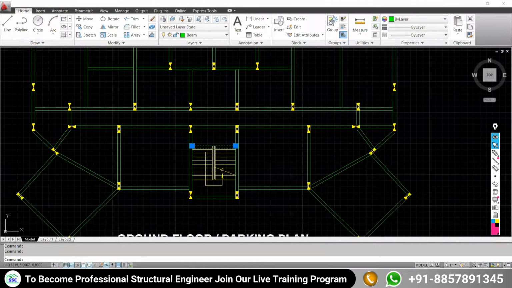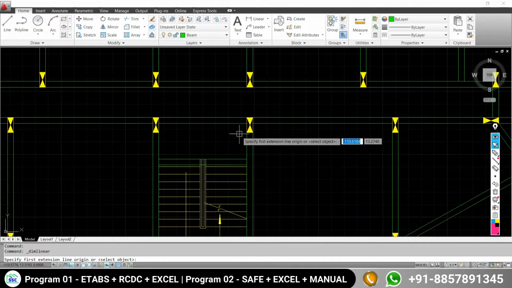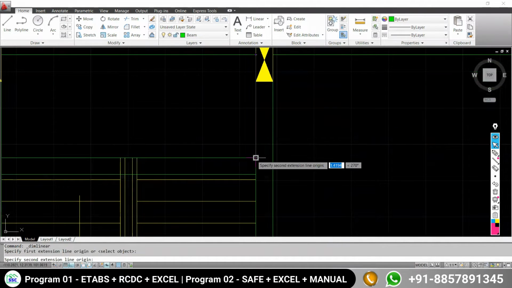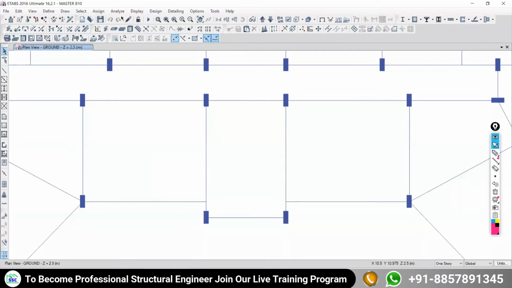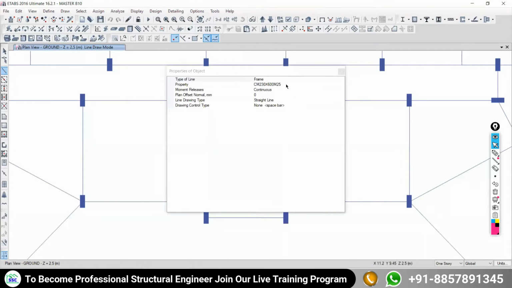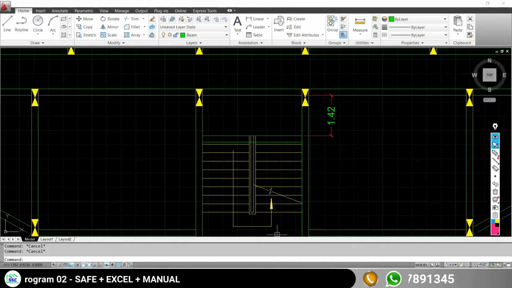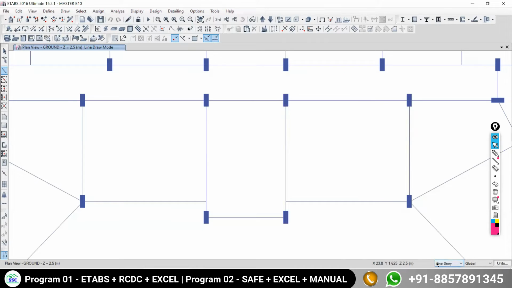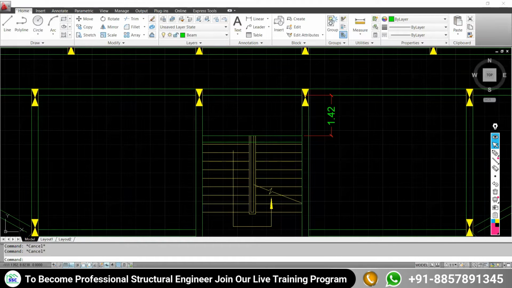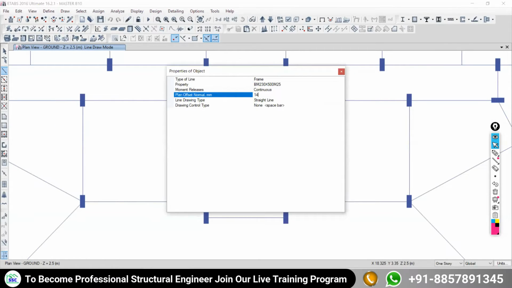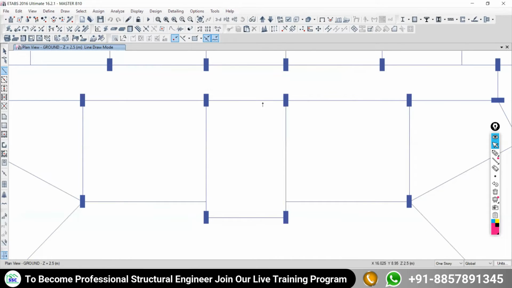So how much span do we need to check here, from this point to here? This is available at 1.42 meter. So go back to your ETABS and take the frame, and the beam will be 230 by 500. Close it. Make sure that you are working with the one story option. Don't make the mistake. Thereafter, at offset distance, we have not defined the offset distance. How much offset distance is there? It is actually 1.420, so 1420 in mm. Close it. From this point,